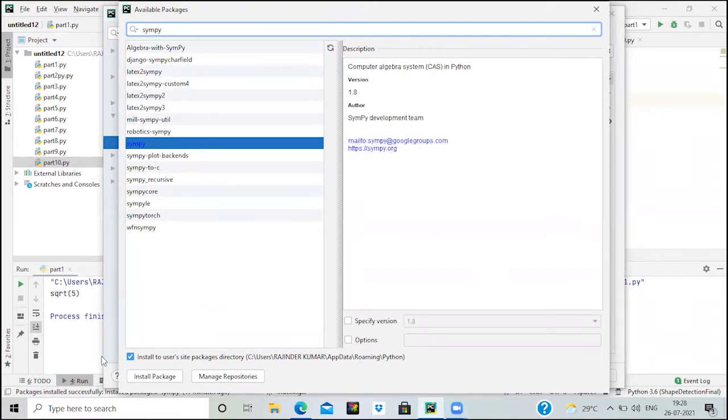Then you can click on install package. You would see that the installation process has already started.